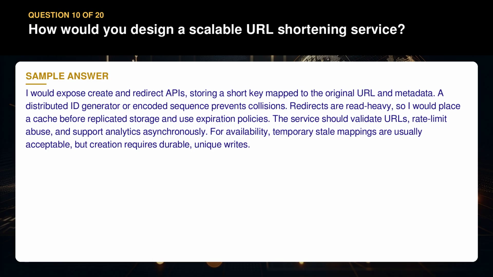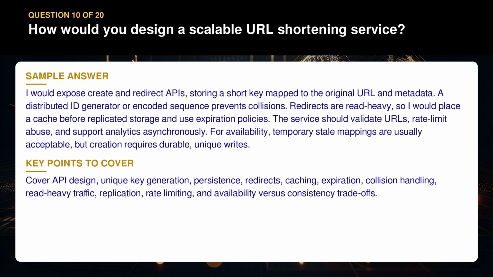The service should validate URLs, rate limit abuse, and support analytics asynchronously. For availability, temporary stale mappings are usually acceptable, but creation requires durable, unique writes. Cover API design, unique key generation, persistence, redirects, caching, expiration, collision handling, read-heavy traffic, replication, rate limiting, and availability versus